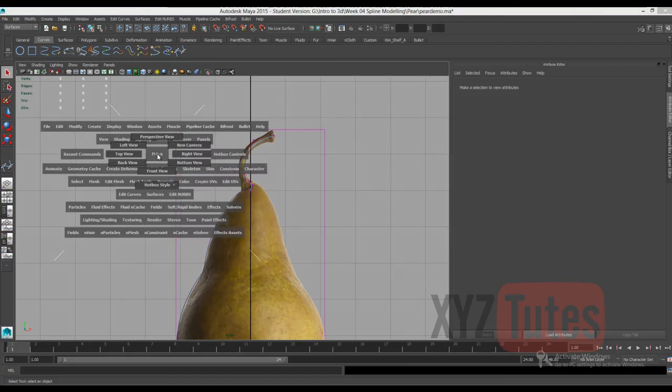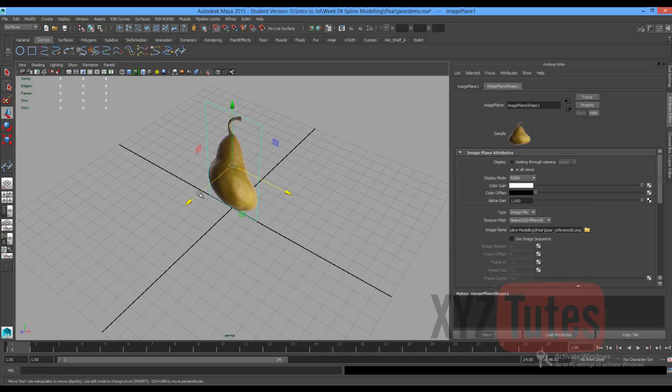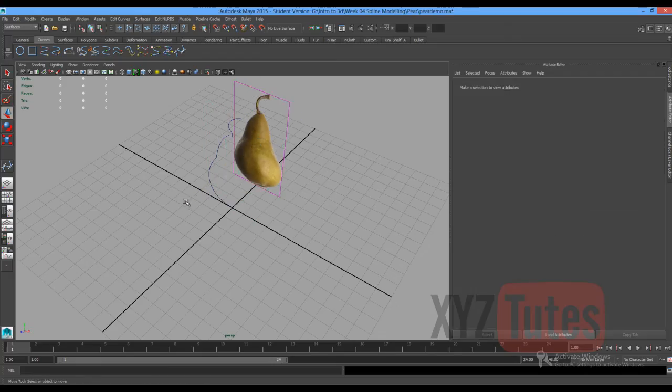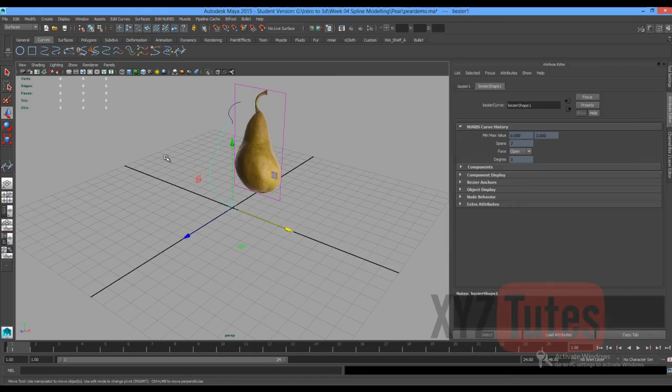Alright, great. I'll jump back out into perspective view now, and I'll move my reference plane, which I should have done before, back on the Z-axis. So the second thing we're going to do, now that we've made our basic curves, is we're going to use the revolve tool in the surfaces menu to spin this around and create some geometry for it. So under surfaces, click on the options next to revolve with the bezier one selected, the first curve we made,